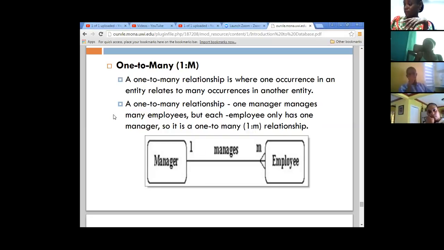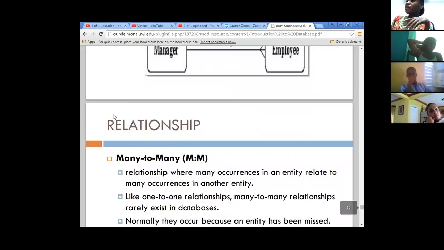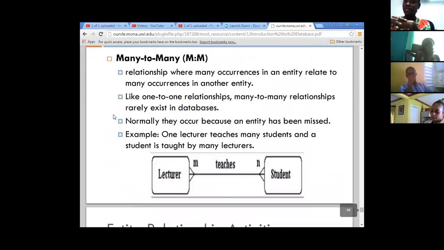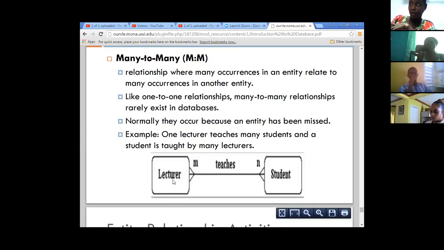All right. The many-to-many relationship now is obviously different. This is where we are saying many occurrences in an entity relate to many occurrences in another entity. Let us look at the example that is here. We are seeing that for each lecturer,